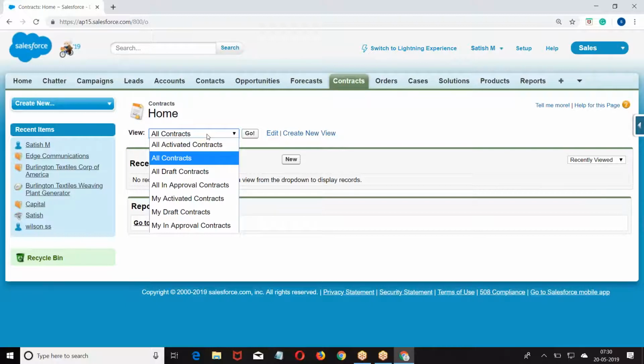Are you getting my point? Every object has a group of options which will display a list of records. Those options are called list view options. Out of those options, whatever option I have selected is called the filter ID. When I select an option, we get a group of records.